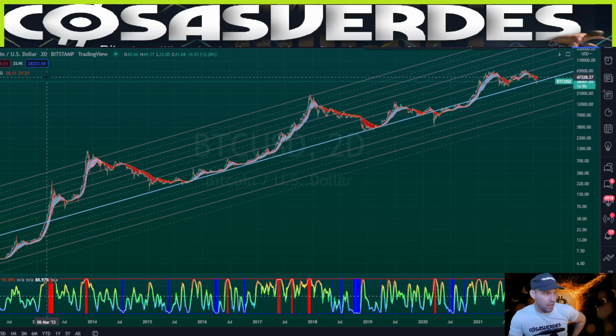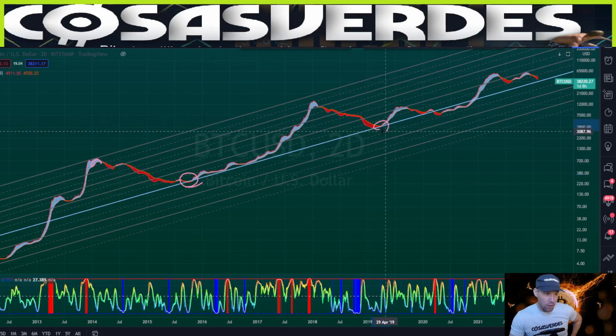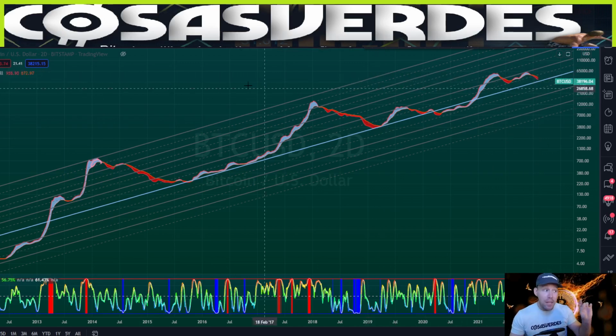Now what you can see here is, taking off price to make this even easier, market cycle low was when this band was flirting with the blue line. What are we getting here? The band and current price action is maybe a month and a half away from flirting with the blue line, but put price back on,